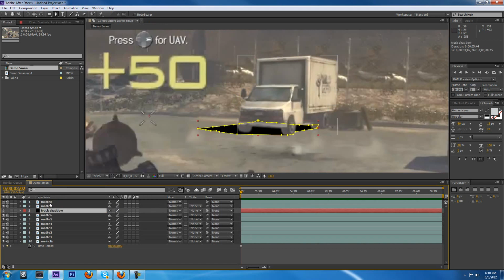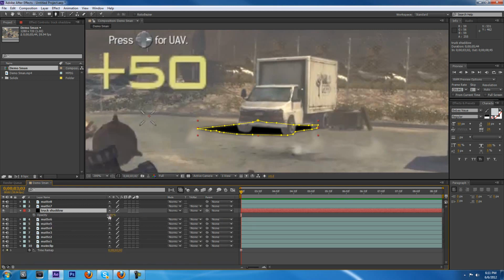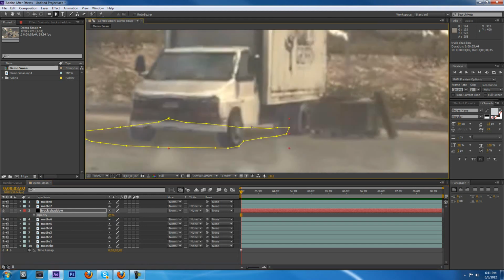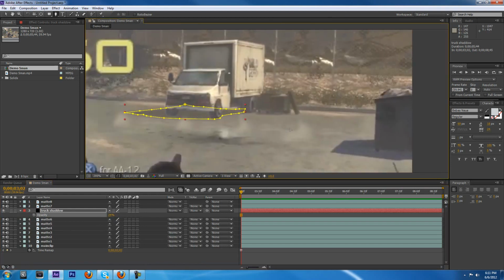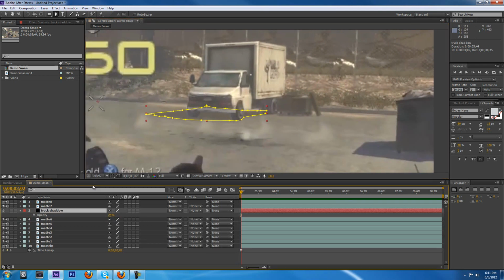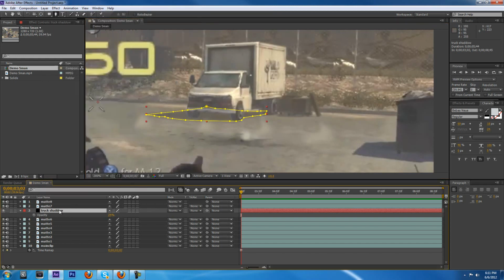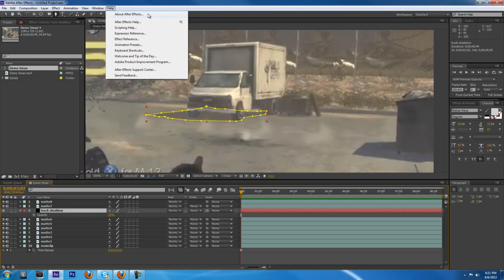Click on it and click M to go to the mask tool, and let's change the feather up to maybe 4 or 5, and then you can click T to go to opacity, lower that so that it matches with these other shadows. And actually on your solid, you'd probably want to, when you go to layer new solid, actually I'm going to do that right now. I'm going to go layer new